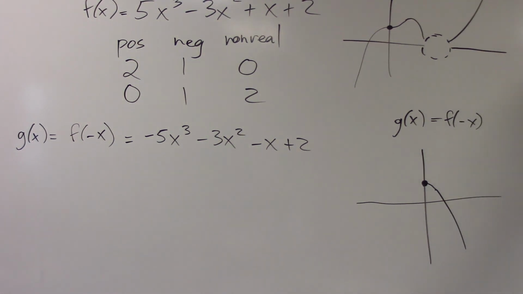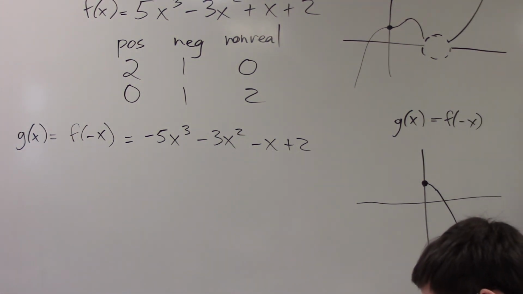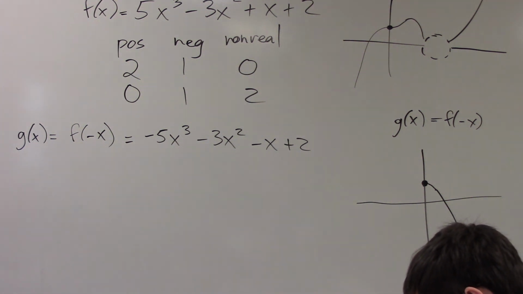Here is a function: negative 6x to the 4th plus 3x cubed minus 2x squared plus 5x minus 3. Make the chart. Find the number of positive real roots, find the number of negative real roots, and then you're